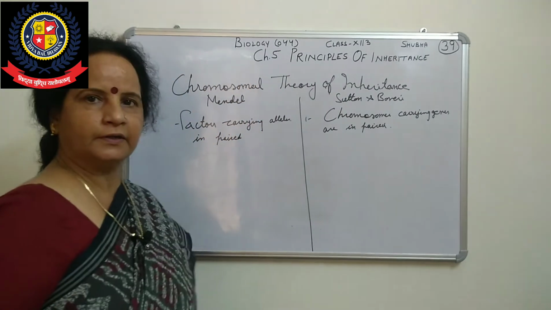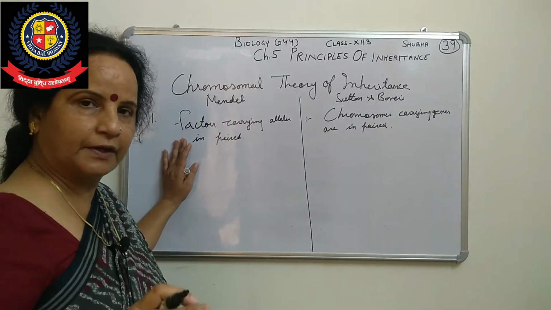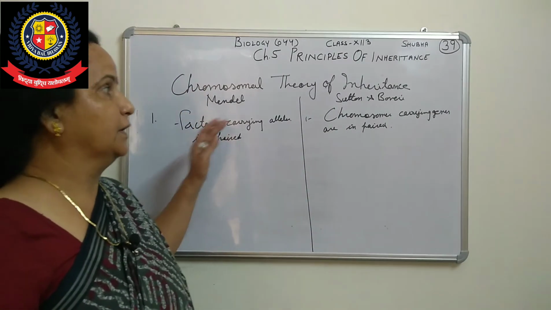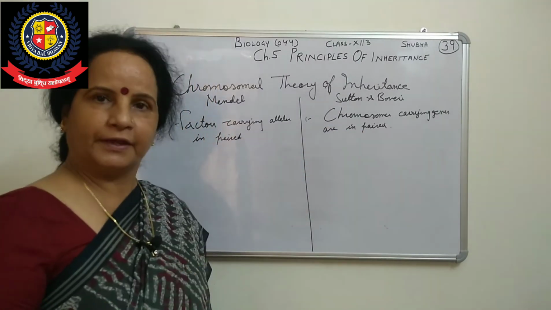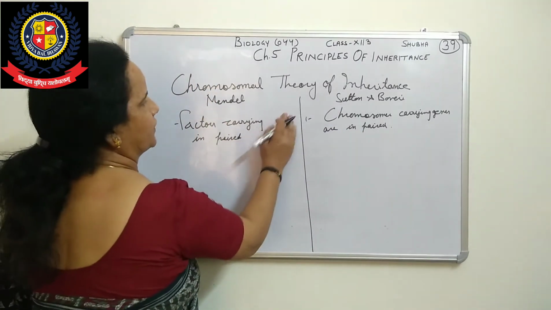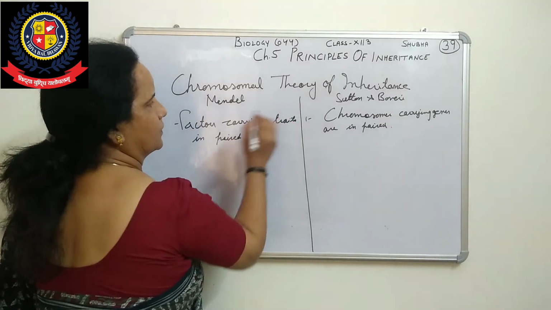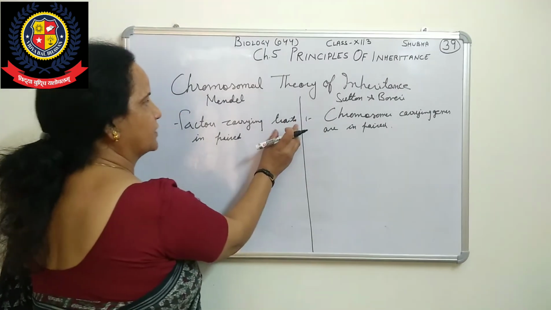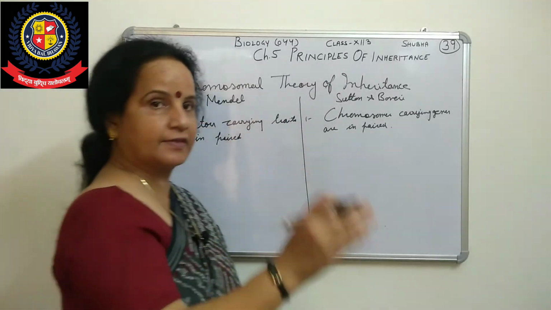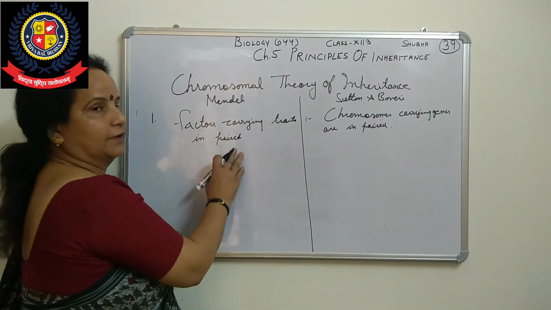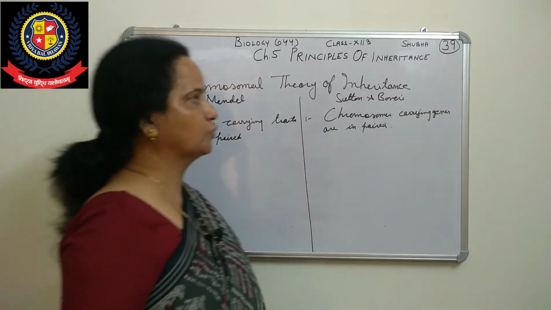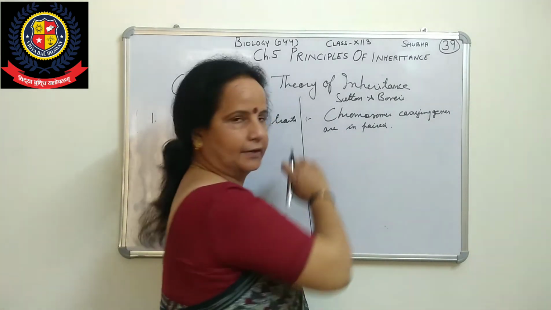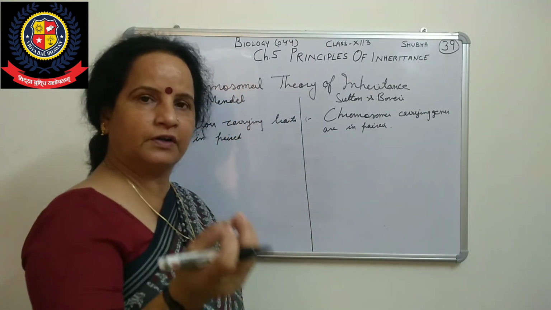As you know, chromosomes are in pairs, and Mendel also told factors are in pairs. So factors which are carrying alleles for traits are in pairs. Here chromosomes carrying genes are in pairs. You can write traits also here. Factors are genes, and they are carrying traits, alleles, meaning those factors which are controlling and expressing those traits are in pairs. They told chromosomes carry genes, and genes are responsible for characters, so they are also in pairs. Clear? Both are the same, only the word is different.